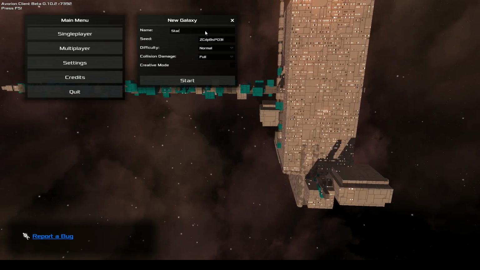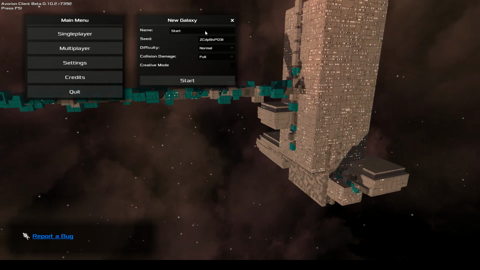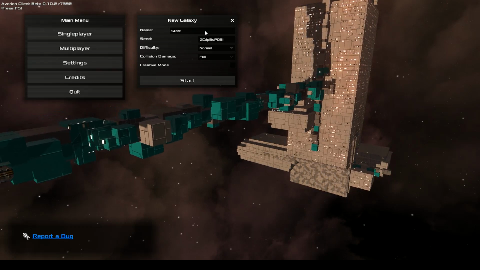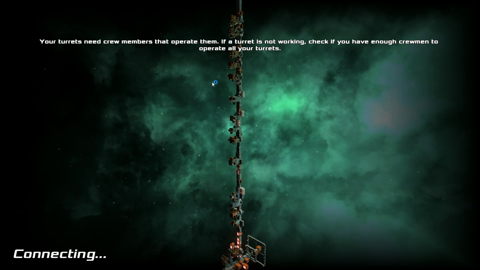But we'll go ahead and we'll just call this Start World. So what we're doing now, think of this just like, for lack of a better comparison, Minecraft. You put in a seed, or think of RimWorld. This will start a randomly generated galaxy for you to explore. This is cool in the fact that it allows you to build spaceships through gathering resources in a pretty simple